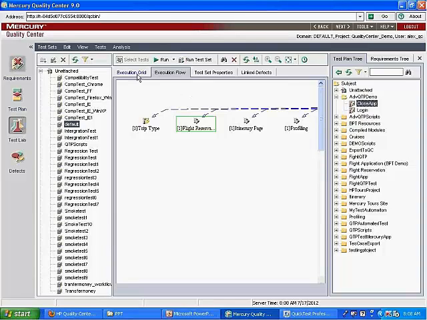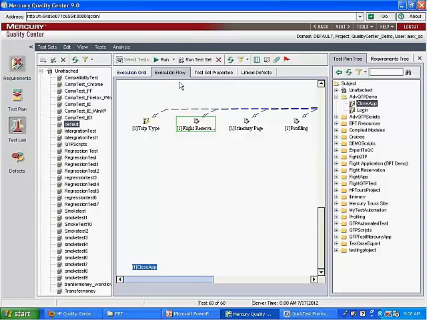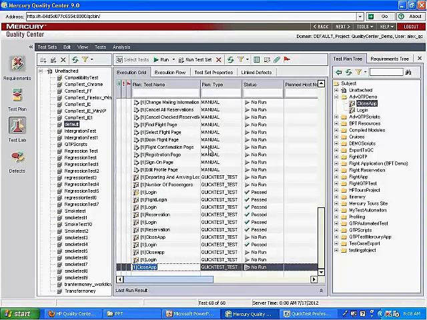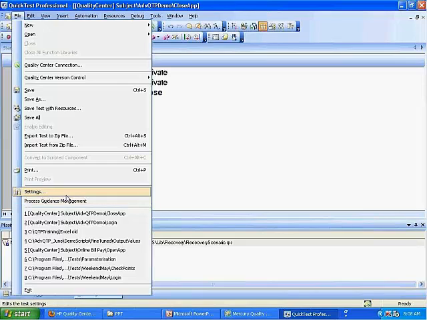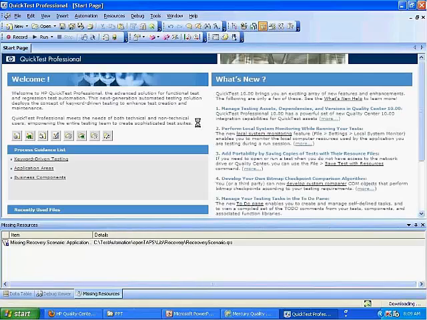That's where you can configure the host machine where you want to run, on a remote machine or on a local machine, and also you can schedule which date and time you want to run this test. And once the execution happens, the results again get stored into the Quality Center repository. Whenever you try to run any particular test, even from QTP, because these tests are saved into the Quality Center repository,